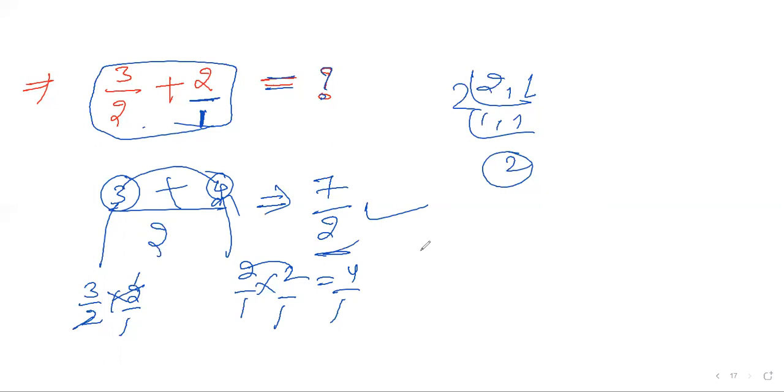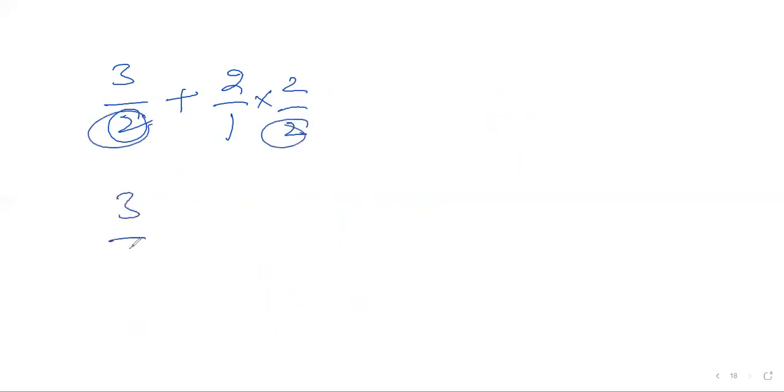In my class, my sir used another method. I have seen many methods; this is a simple method. You can understand, it is easy to answer, because you multiply 2 and 2. When denominators are the same, you add the numerators. In these problems, 3 by 2 plus 2 is there, 2 by 1, because 2 is there here. They multiplied 2 by 2. Now both are the same. This is 3 by 2 plus 4 by 2. Now denominators are the same; directly you add, 3 plus 4 is 7, 7 by 2.